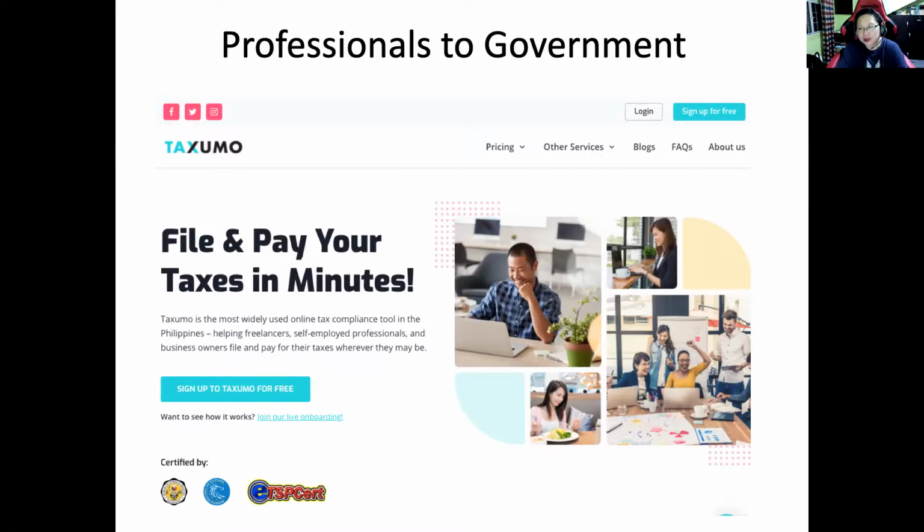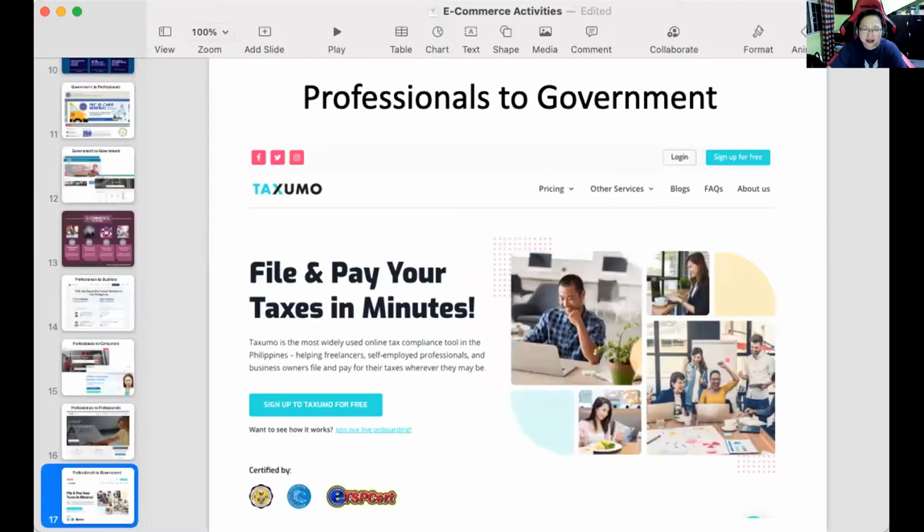So instead of you going to the government office directly, you can use a third party platform, and this third party platform can handle your transaction with the government, whether for the creation of your business, for the filing of your taxes, or any tax related reports. It can be done through the system. So in a sense, it's an intermediary for you to be able to comply with your government requirements, like tax compliance. So actually, I think there are more and more opportunities for us to do e-commerce online, and the type